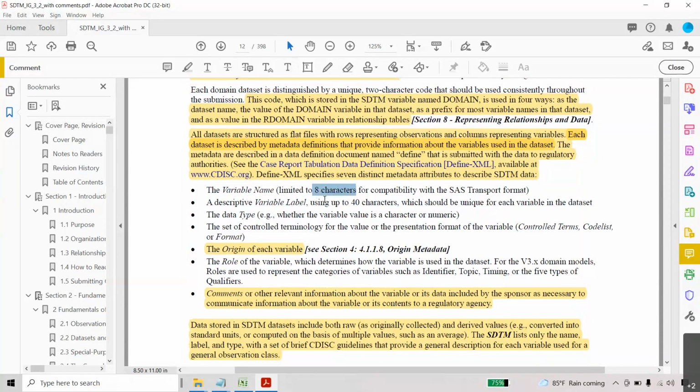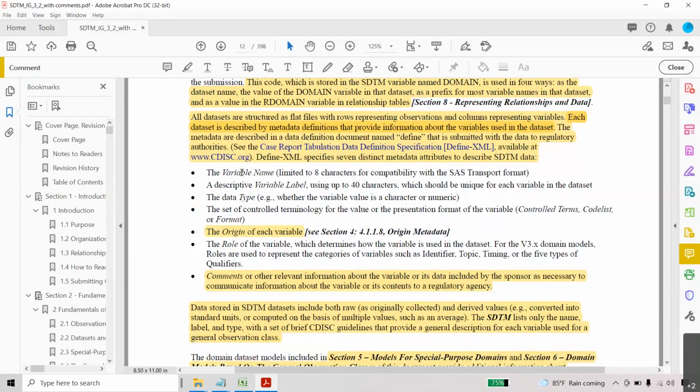You can ask what happens if you use more than 8 characters. Pinnacle 21 shows an error: the variable is more than 8 characters, it is not as per the standard. You cannot submit in this condition, and you cannot even justify it. It should not be more than 8 characters.